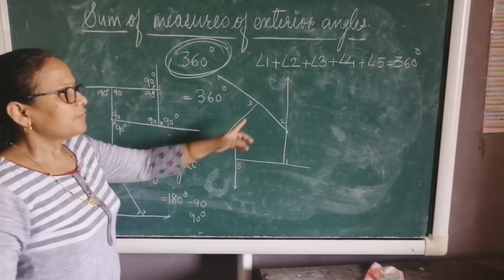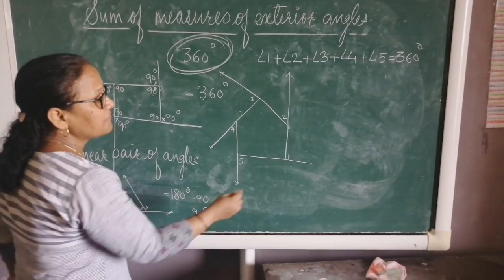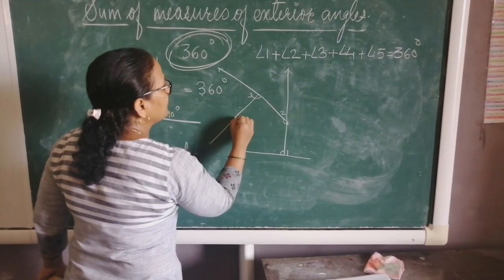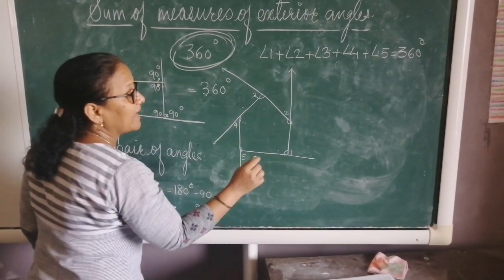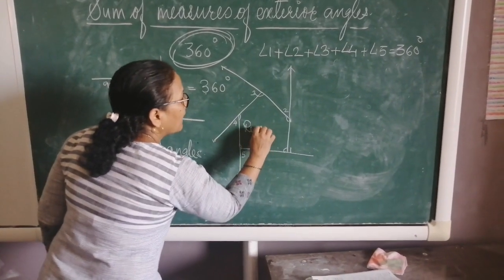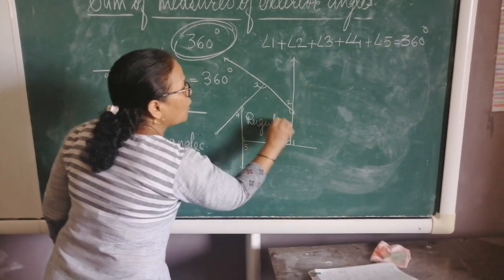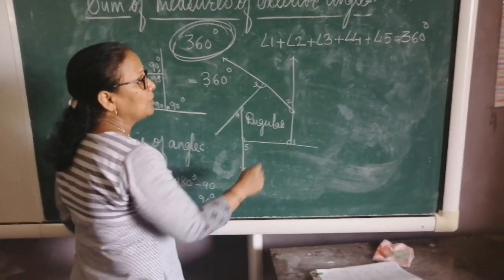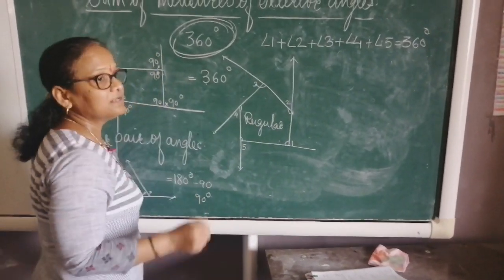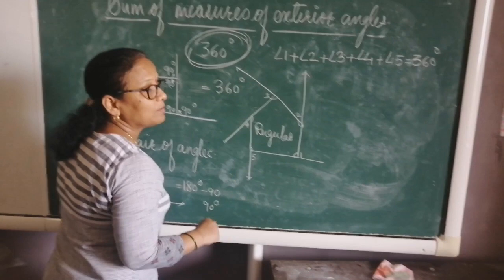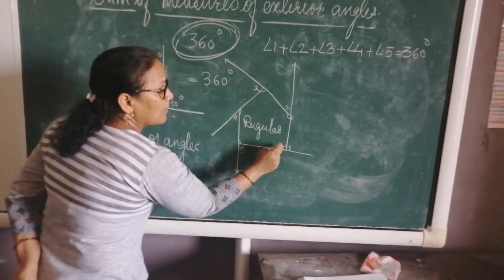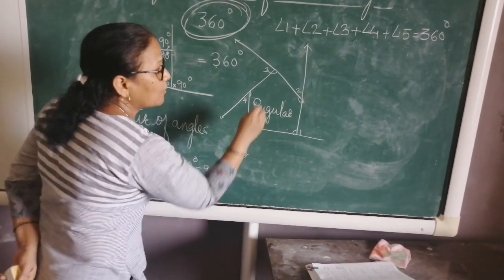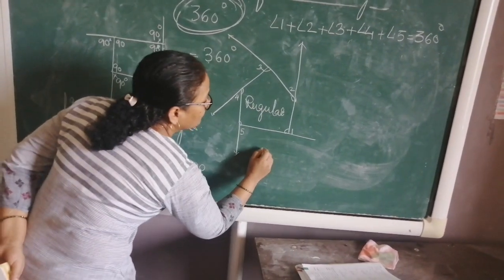Okay. Always for the pentagon, if it is a regular pentagon, that means all the sides and all the angles are equal. Now, first of all, to find out the exterior angle, here we have to discuss what is the measure of each angle. Okay, so here, if we talk about the angle sum property of the pentagon,